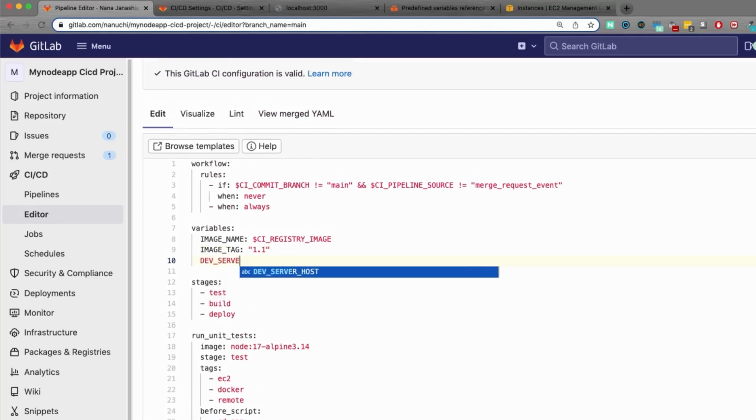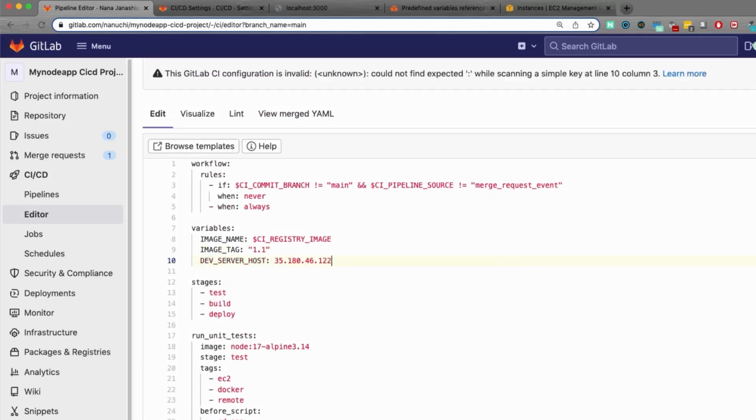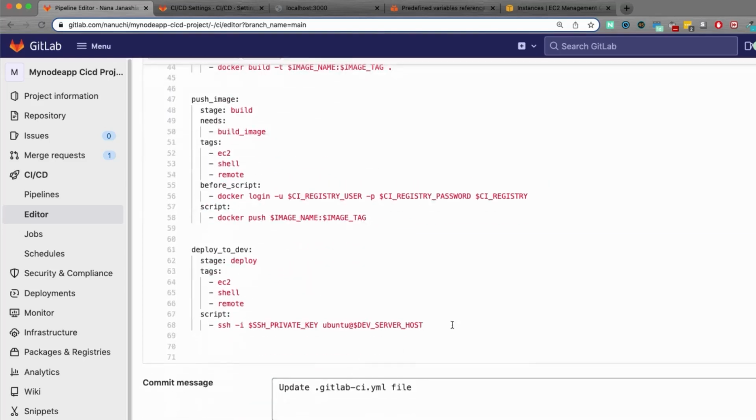And dev server host will have this value. Again, it's nicer to have all the variables in one place so you can change the values if you need to and just reference them throughout your pipeline logic. So we have the private key, we have the user, we have the IP address, and one thing we need to add as well is